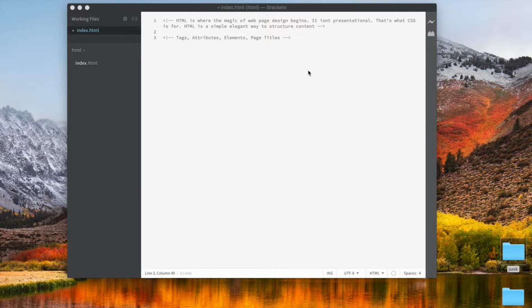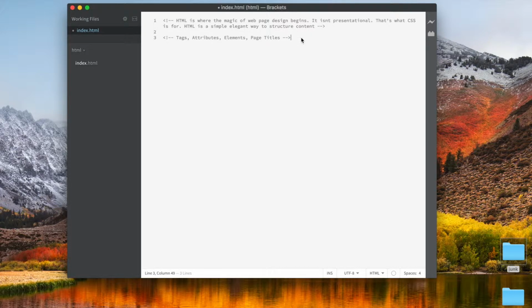Great. So now that we know how to use an IDE and get set up with a file in your favorite location, I have an index.html created in Brackets, and I'm using that as my IDE because it gives me an option to live preview. All right, so in this session, let's learn about tags, attributes, and elements, and we'll also look at what page